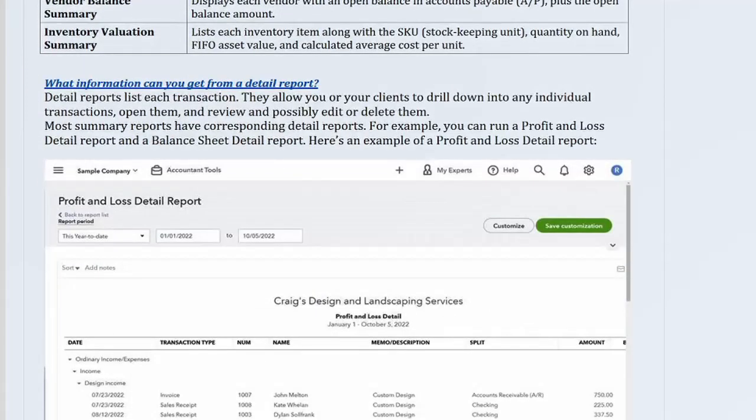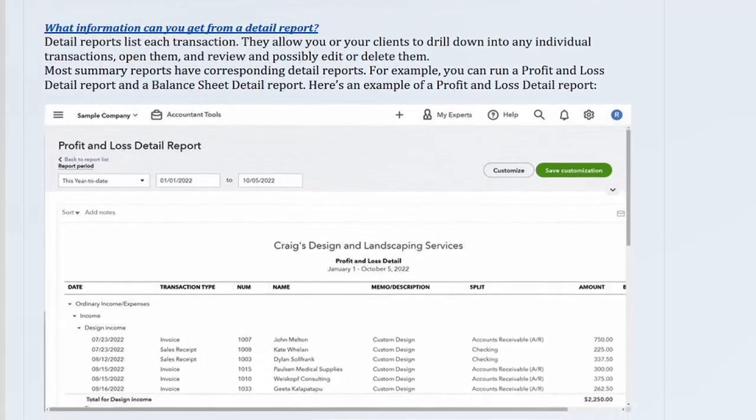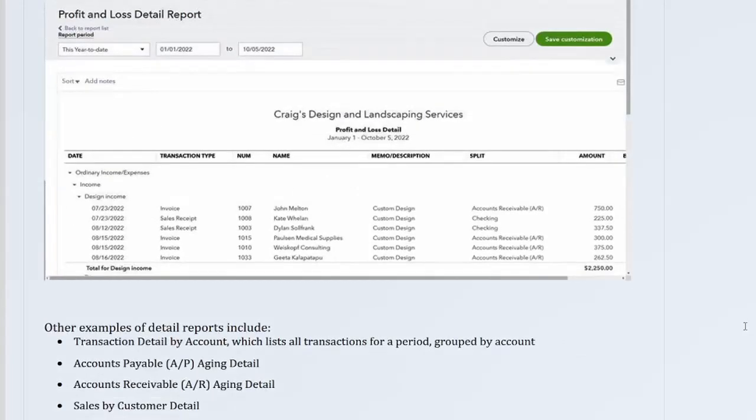What information can you get from a detail report? Detail reports list each transaction. They allow you or your clients to drill down into any individual transactions, open them, and review and possibly edit or delete them. Most summary reports have corresponding detail reports. For example, you can run a profit and loss detail report and a balance sheet detail report. Here's an example of a profit and loss detail report. Other examples of detail reports include